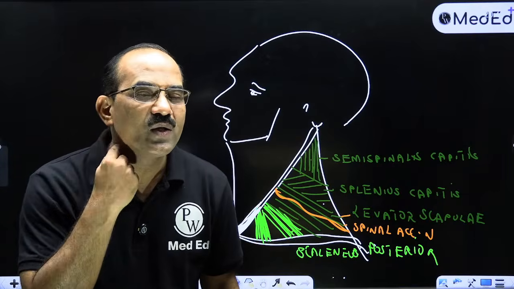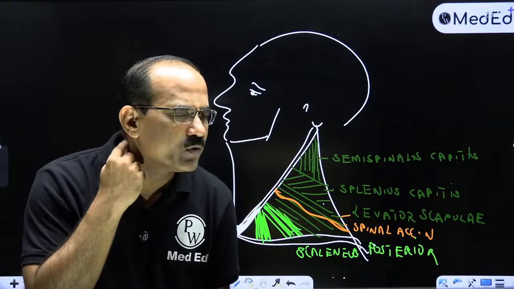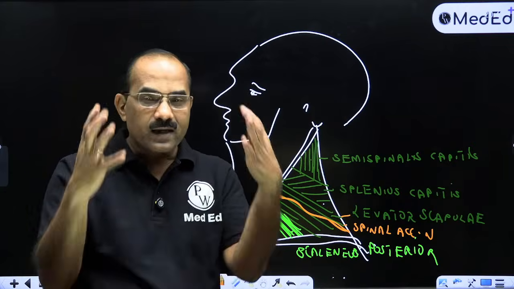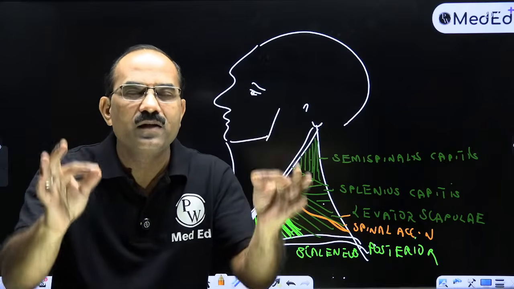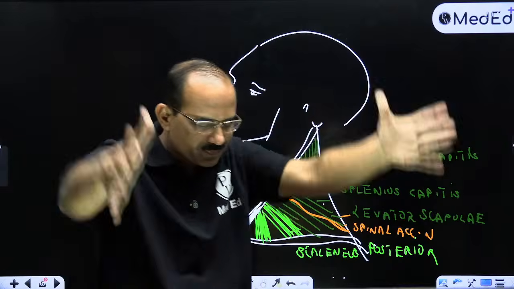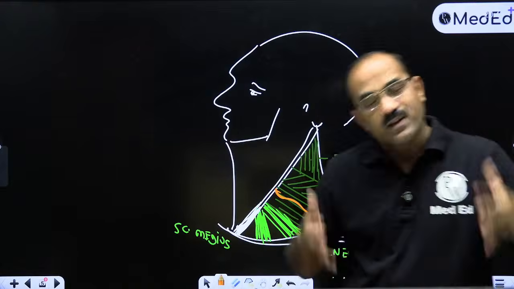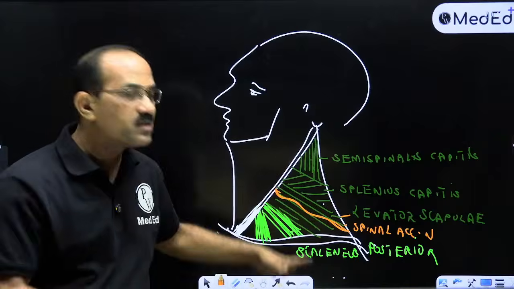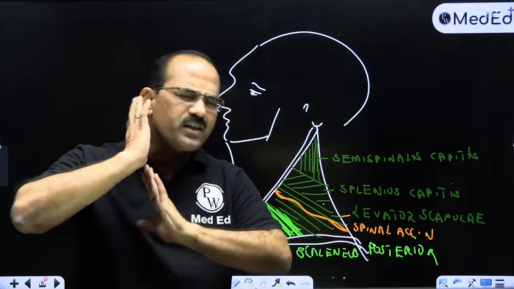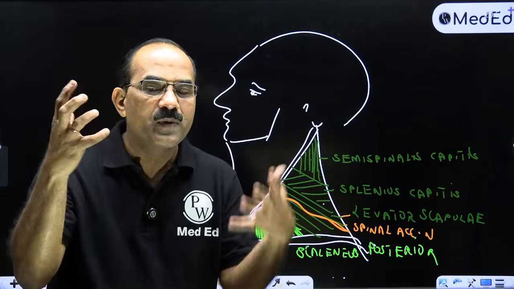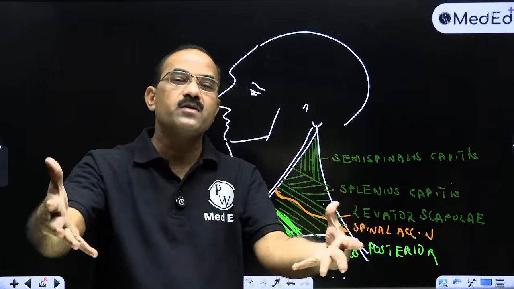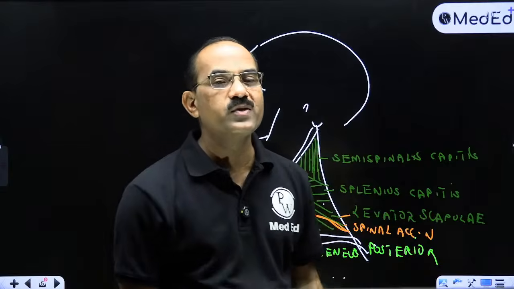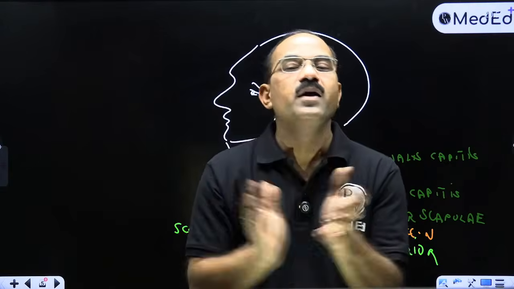Now we are doing a biopsy, we are removing a lymph node, and when we are removing the lymph node, the accessory nerve accidentally gets damaged. Following this is the importance of the posterior triangle of the neck. Why is it clinically important? Because in the posterior triangle there are plenty of lymph nodes. These lymph nodes become matted in tuberculosis. The spinal accessory nerve gets entangled in these lymph nodes, and when we are removing a lymph node, this accessory